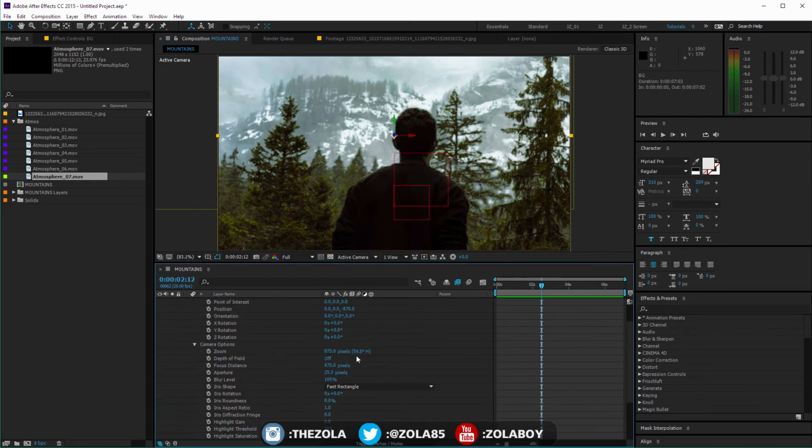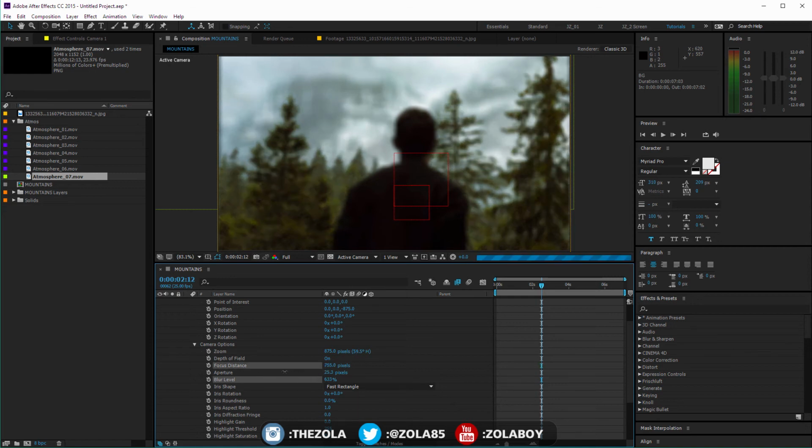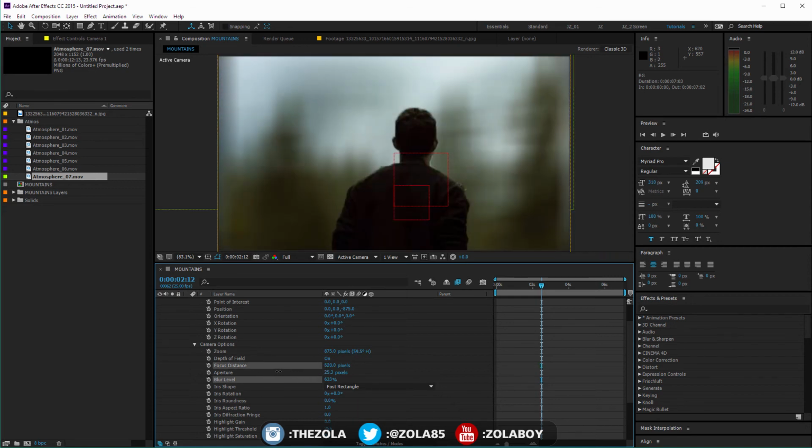If you go to camera options, you've got depth of field, and you can switch that on. If I crank the blur level up, you'll see what we can do. There's also focus distance, so we can bring it to where I am, and you can change the way the blurring looks in here. As I select different ones, you're going to see this update eventually.